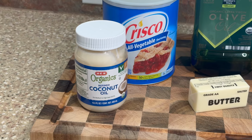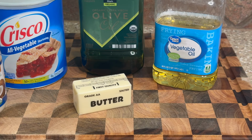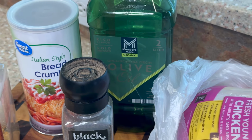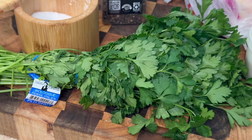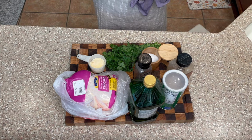So to start with, I want you to find the fat that you already have, the butter, the olive oil, the vegetable oil, the Crisco, whatever it is. And we're going to use that today. Don't feel like you have to go and get something extra or special. So we have our whole chicken, parsley, some Parmesan cheese, and I just use the shaky can stuff, salt, pepper, and some garlic, and then our oil